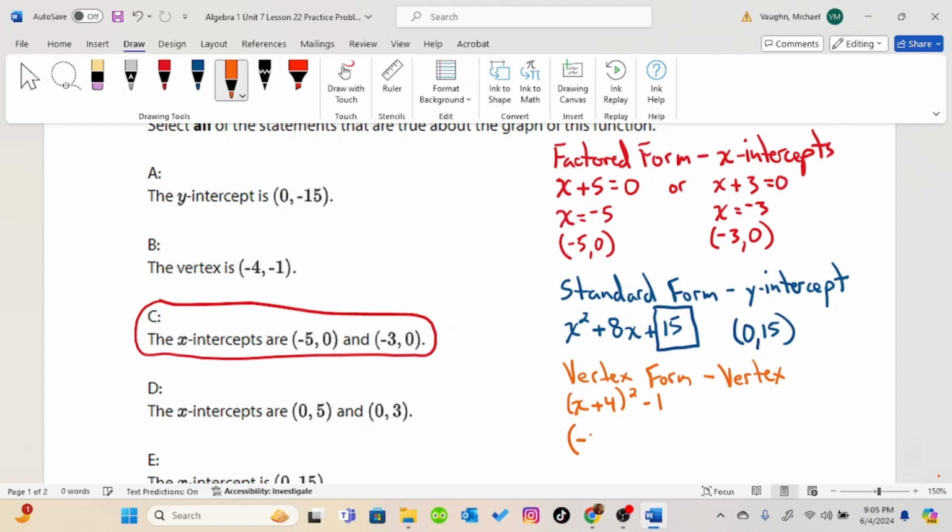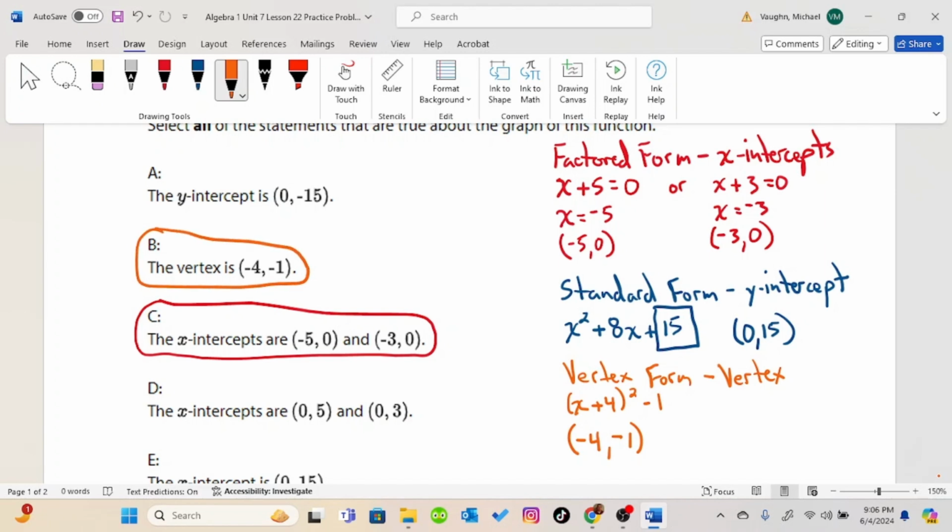So that would be negative 4. And the y is exactly what's outside parentheses. So that would be negative 1. And you can see that this matches choice B. The vertex is negative 4,